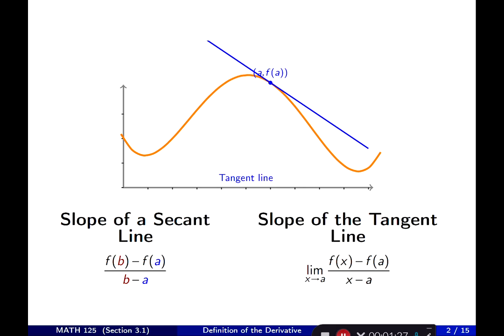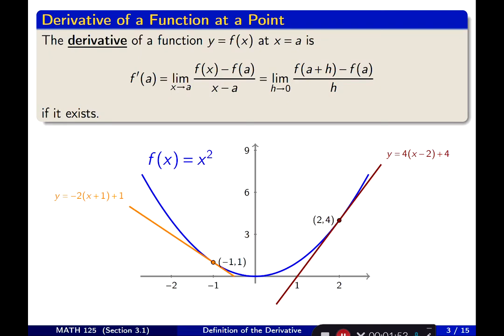It's basically the limit of the average rate of change as one point approaches the other. And so the approaching can be from the left side or from the right side, either side, as long as